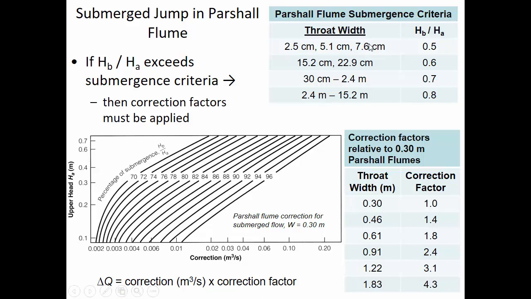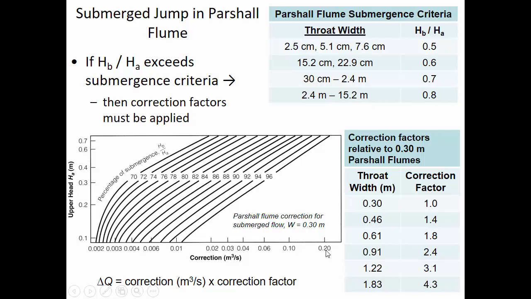But you'll notice there's a lot of different flume sizes. Not every flume is 30 centimeters in throat width. And so if we have a correction table or a correction figure that's specifically for the flume that we're using, that's great. But if not, we can use the correction figure from a 30 centimeter flume for other